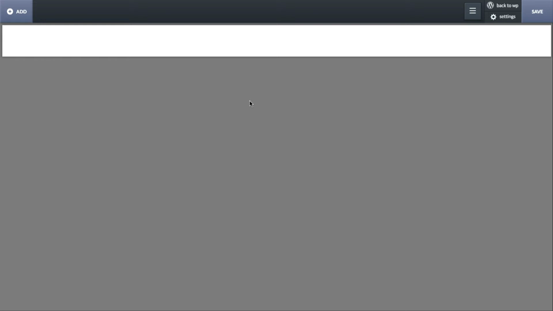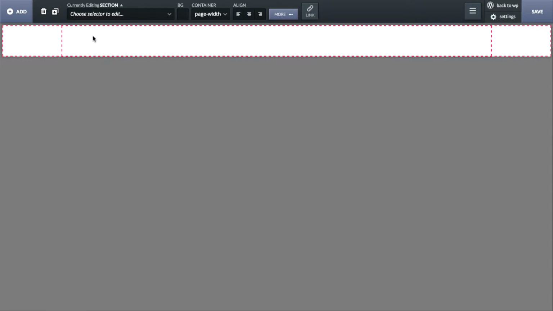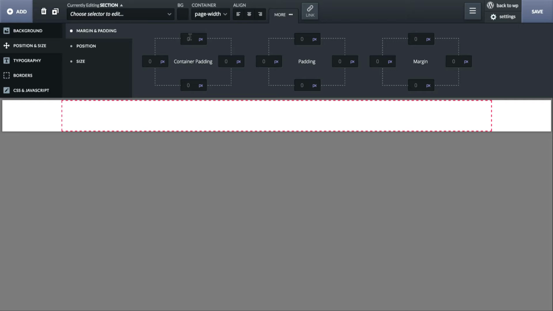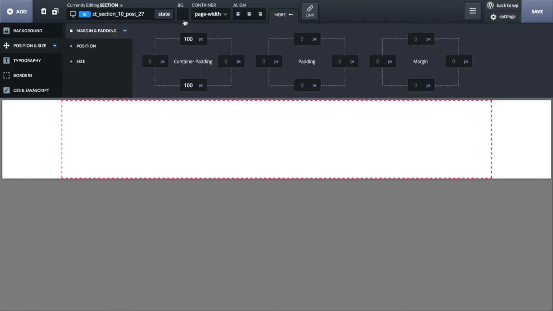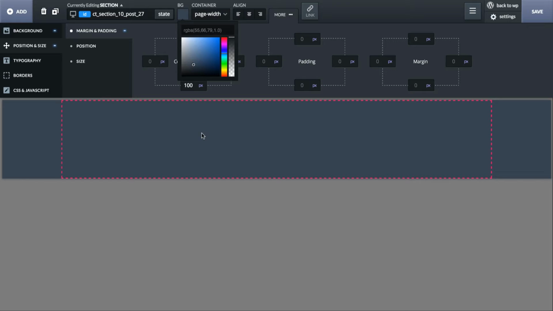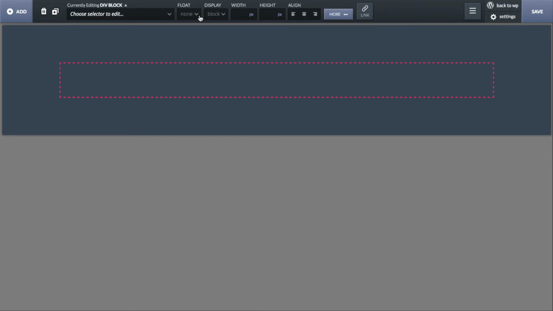So we will start by adding a section to the page, put 100 pixels of padding on either side of the section. And we're going to use a dark background, so it's going to be sort of a dark blue-gray. And then we're going to have some text and heading on the left, and then the actual statistics counterboxes on the right. So to do that, I'm going to add a div, set it to float left, and a width